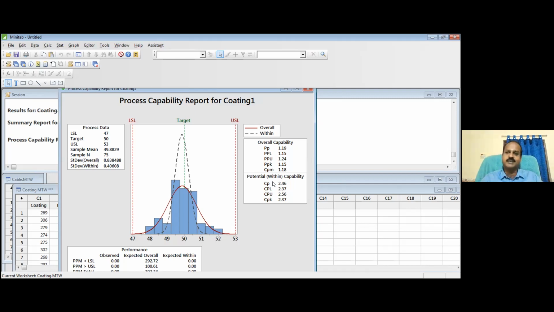But for different reasons, we really don't complicate things in real time. In our business, we don't complicate things. You want CP, I'll give you a CP. You want PP, I'll give you a PP. Because we want the business to go on smoothly. But understanding the reality requires some effort and requires some learning. And that is given to you now. Are you clear now with the CP, CPK and PP, PPK, or have I confused you completely? No, it's clear.